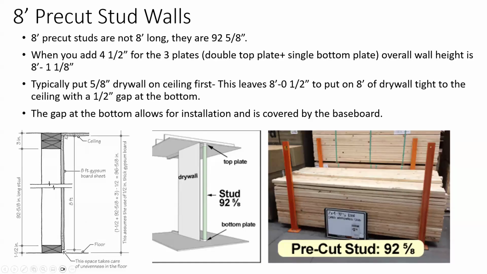So then what you typically do is when you put your drywall in, you typically put 5/8 on the ceiling, and that goes first. So they call it rocking the lid. So you put your 5/8 inch drywall on, then you put a 4-foot sheet of,